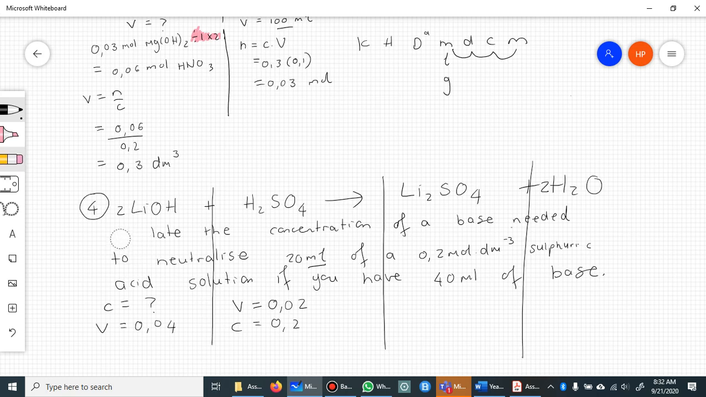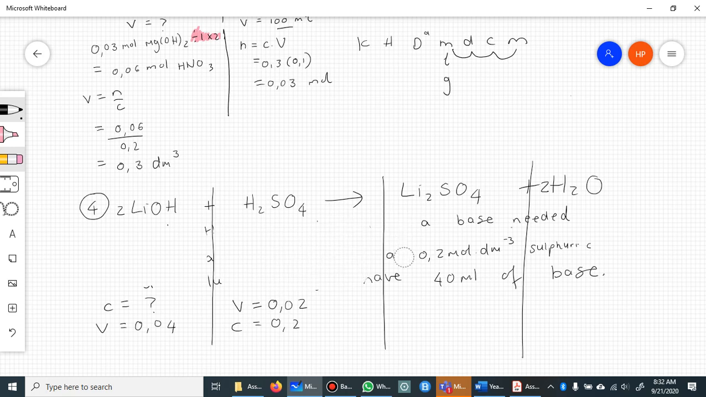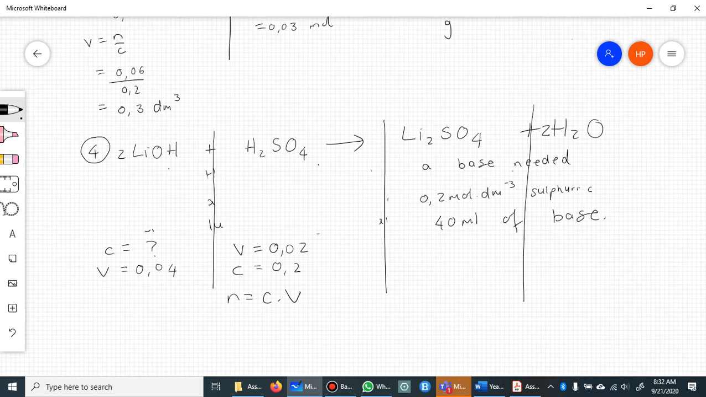Just erase all this so that it looks a little bit nicer and neater. So I'm looking for the concentration of the base. What did you guys start with? What did you work out first? The mole of this one, hey? The mole of the one that you have information on. So N is equal to C times V. So the concentration was 0.2, the volume is 0.02, and that gives you guys